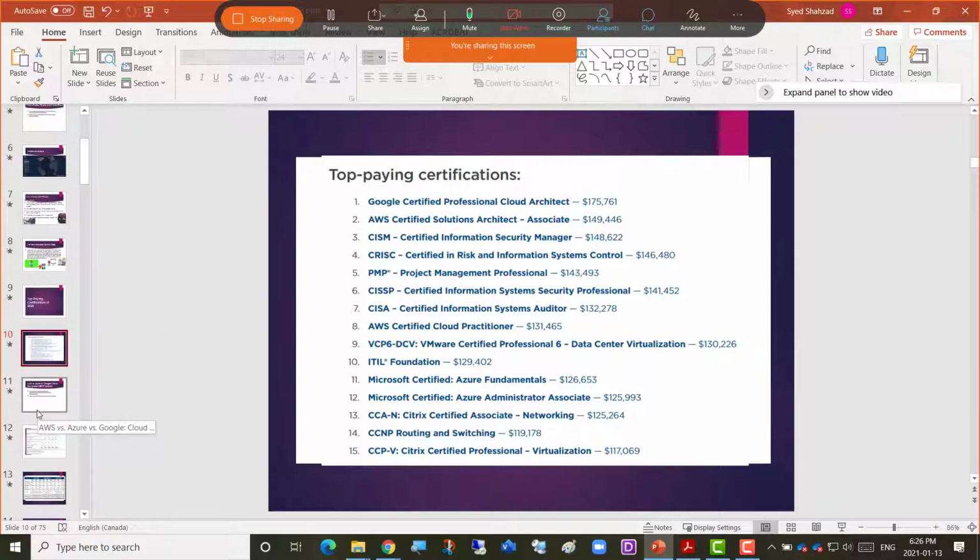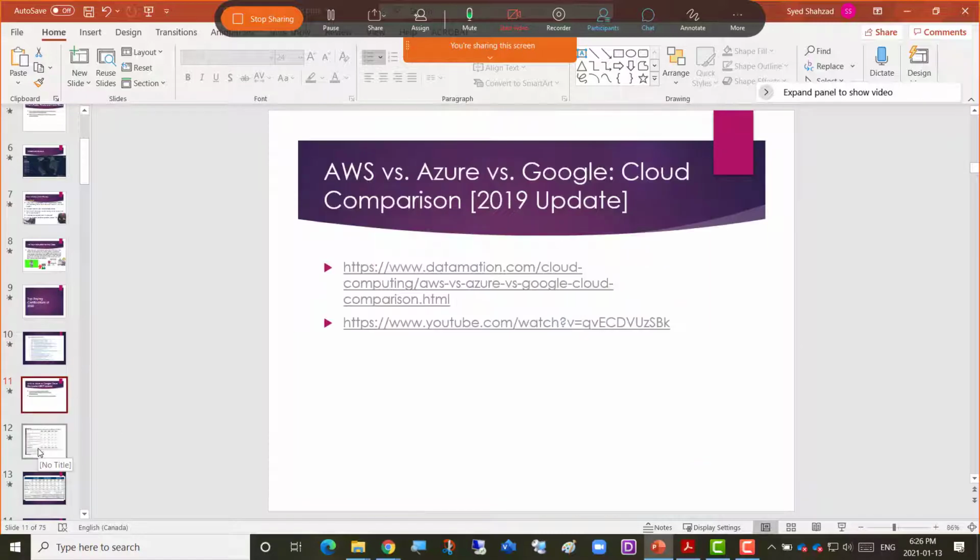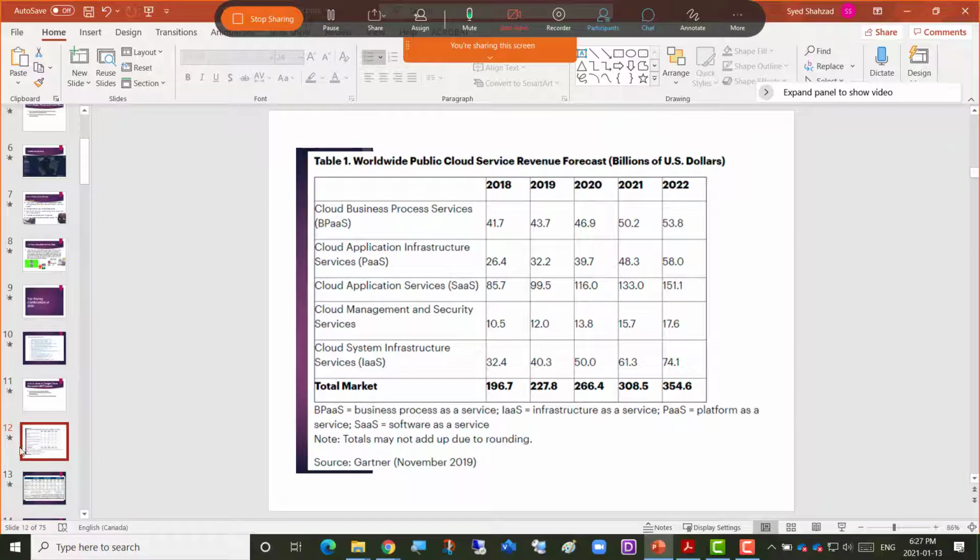If I go further down, we'll be talking about the cloud and which are the main cloud providers. First of all, what is cloud anyway, and then which are the top providers, and what are the resources they offer. Why are all companies across the planet going to cloud, shifting their workload and critical applications to the cloud? So that's what we're going to discuss.